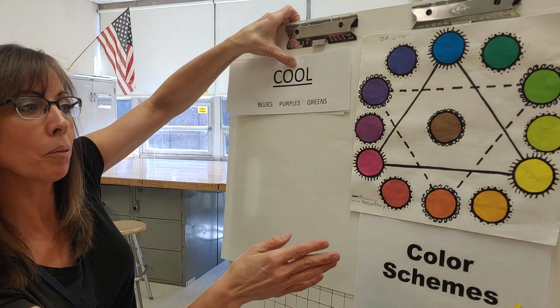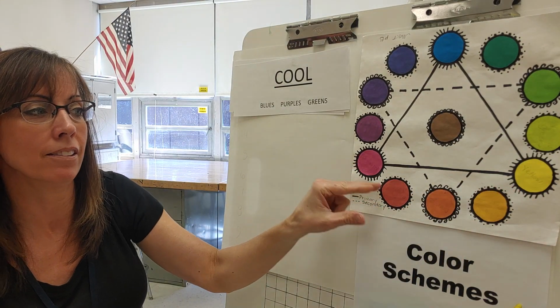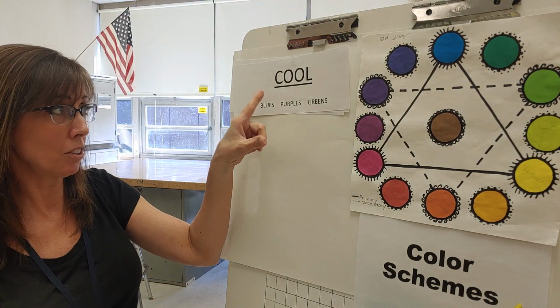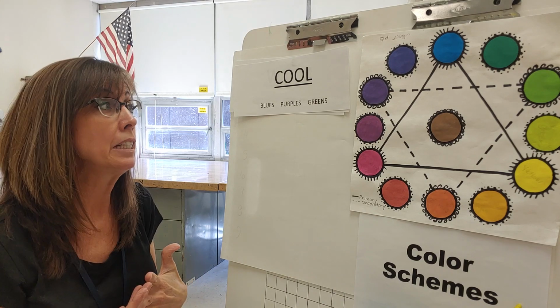Now, if you look at the color wheel, I'll show you over here, the warm colors are on one side together, and the cool colors are on the other side. They're on the top there. So if you committed to cool colors, you're going to be using the blues and the greens and the purples